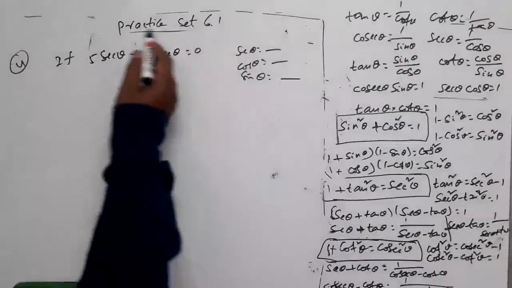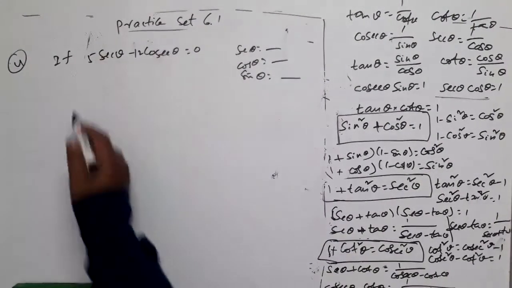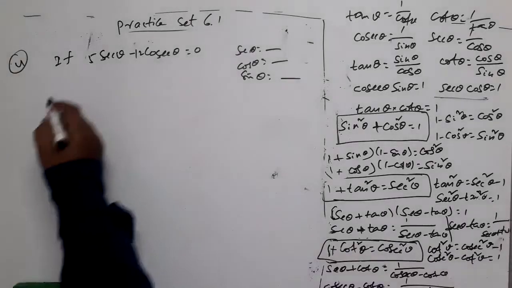Yes, what is given? Observe. Yes, a relation between secant theta and cosecant theta is given. So two ratios are involved here, of course. You need to find the values of three ratios. Yes, this can also be solved in two ways, right? Let us see how. From this, can you find the value of any of the 6 trigonometric ratios? Try for that.